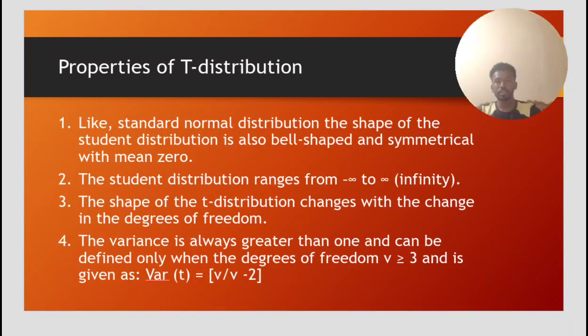And properties of t-distributions. The student t-distribution properties are: the mean of the t-distribution is equal to 0, and the variance is equal to v divided by v minus 2, where v is the degrees of freedom and v is greater than 2, and the variance